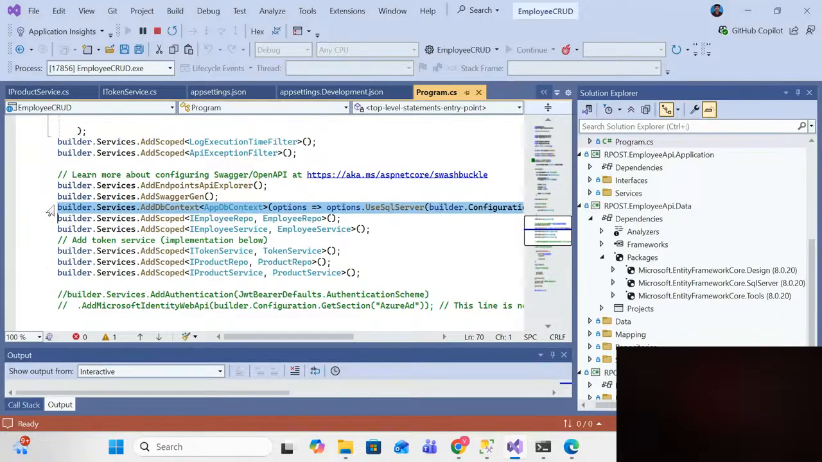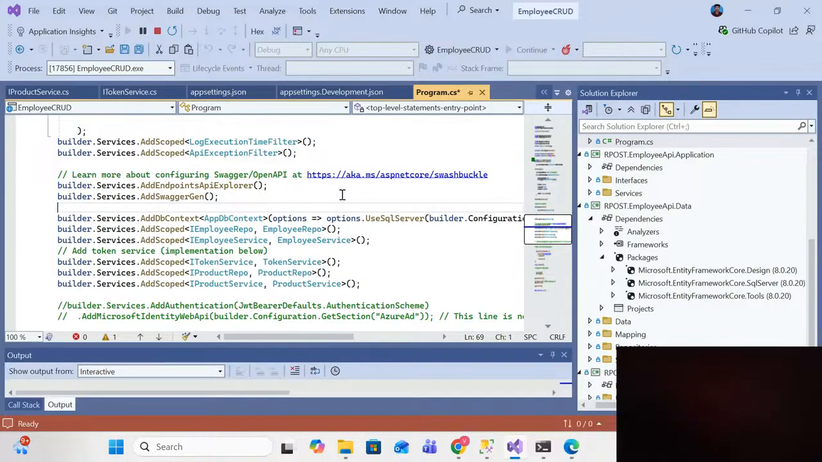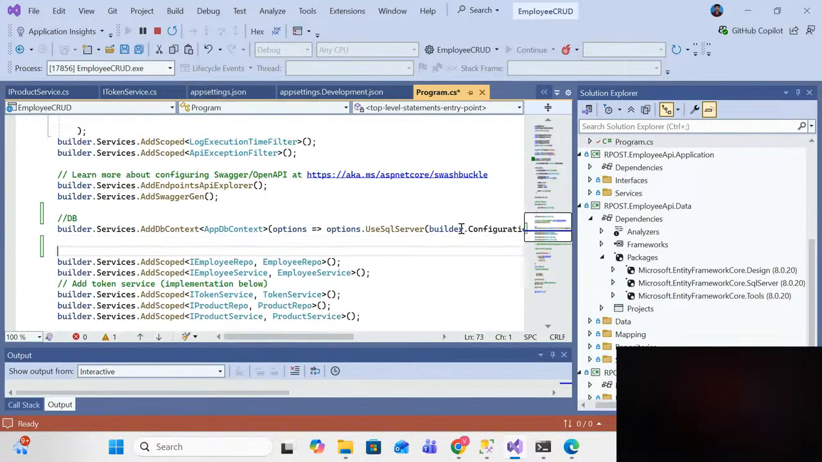Okay, here you'll be able to find, right? So this is for the database. So here we are registering the service like an AddDbContext, and we need to create one file, that is AppDbContext. What will AppDbContext do, right? In Entity Framework Core, DbContext will